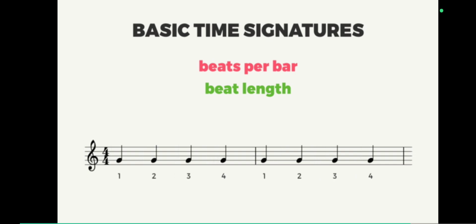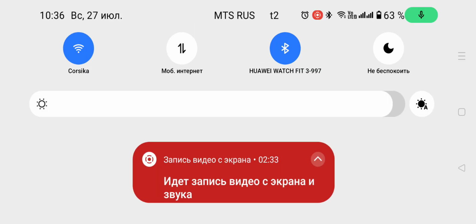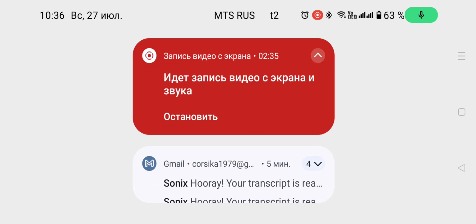Okay, so remember that the pair of numbers at the start of standard notation is called the time signature. The top number is the most important one for now. It tells you how many beats are in the bar. The bottom number tells you the type of beat. So a time signature of 4/4 means there are 4 quarter note beats